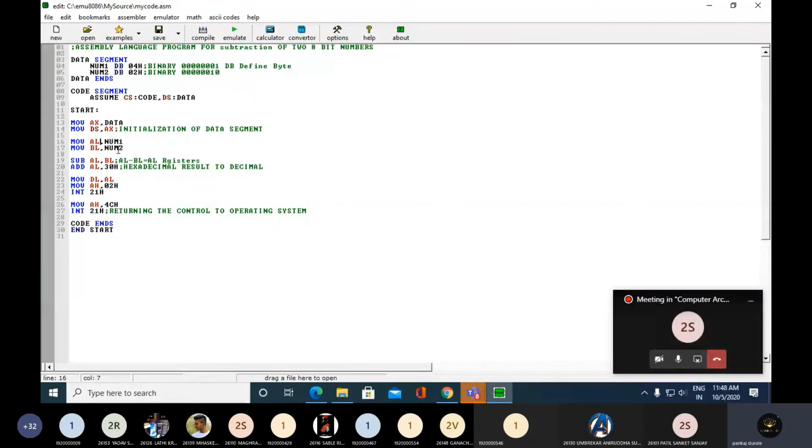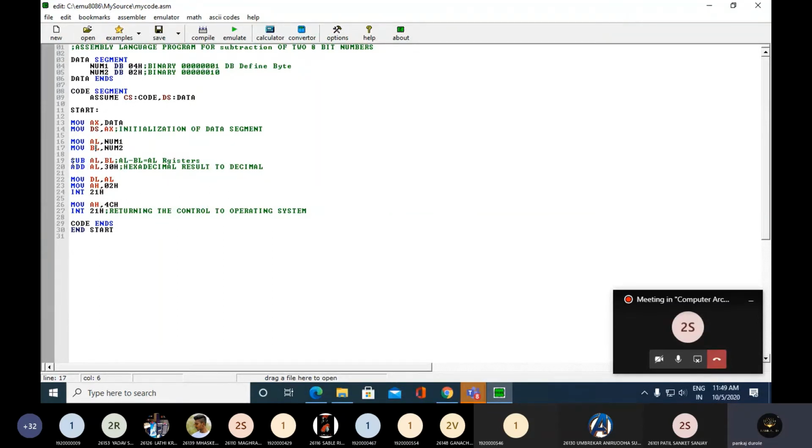Now num2: mov bl comma num2 will move the contents of the num2 variable into the bl register. So the updated value of bl will be 02H.